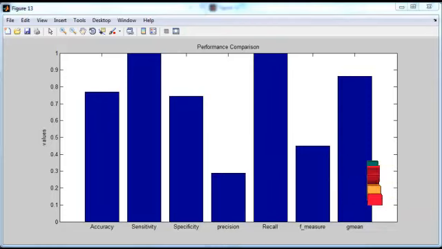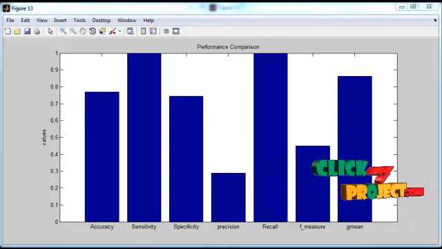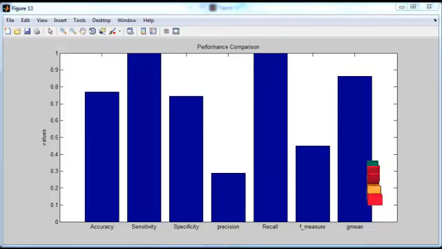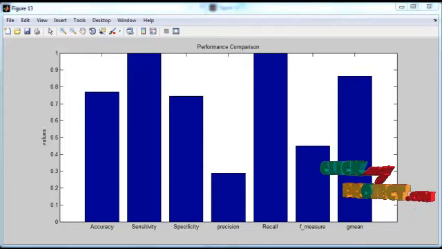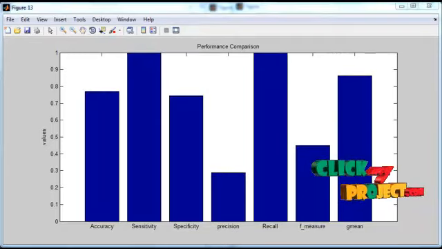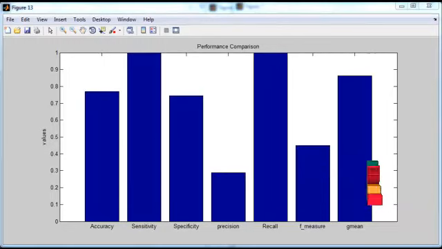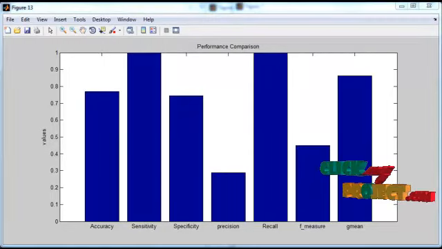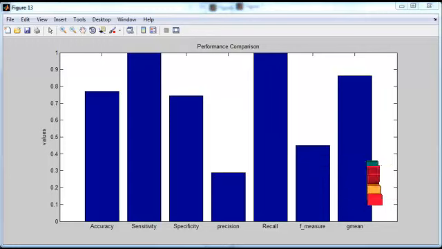Accuracy is more reliable than other measurements. Sensitivity is the number of positive values in the classifier. Specificity is the number of negative values in the classifier. Precision is the number of items labeled in the positive class. Recall is the fraction of documents that are successfully retrieved. F-measure combines both precision and recall. G-mean is the geometric measurement. G-mean is a type of mean and